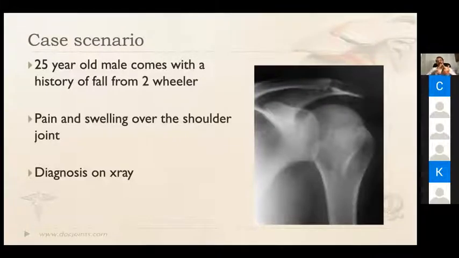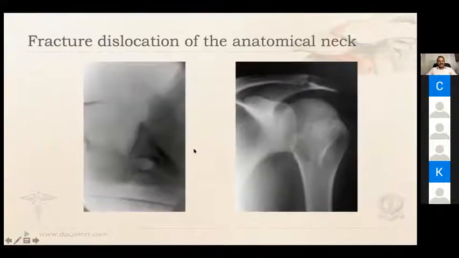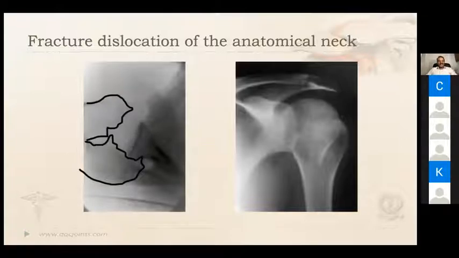So the next X-ray you would want to see is an axillary view, isn't it? Okay, axillary view and probably a scapular Y view as well. These are the three views which can be taken without moving the shoulder much. Okay, shall I show you the axillary view? Do you see something in the axillary view? That's a fluoroscopy picture. You can see that is the greater tuberosity and that's the humeral head, and the glenoid is in between both. That is a fracture dislocation, a posterior fracture dislocation.